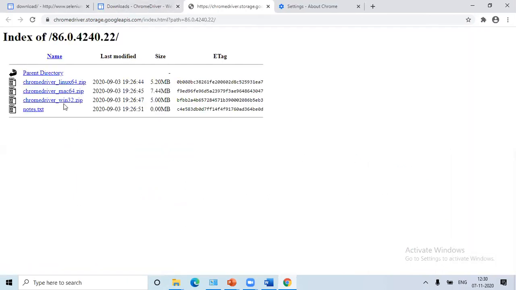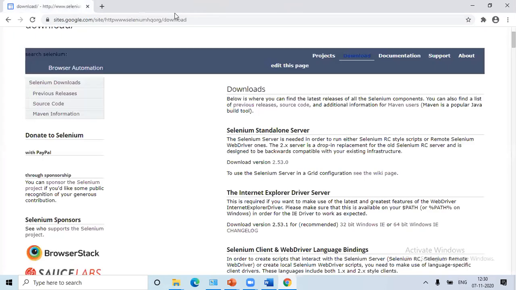Now again it is showing, if you are using the Windows operating system, Mac or Linux. I am using Windows, so this one I have to install. If you click this, it is going to download. I have already done this, so I am not doing it again. So finally, whatever is required to install your Selenium server to demonstrate WebDriver, we have done, right? Is it clear, everyone?